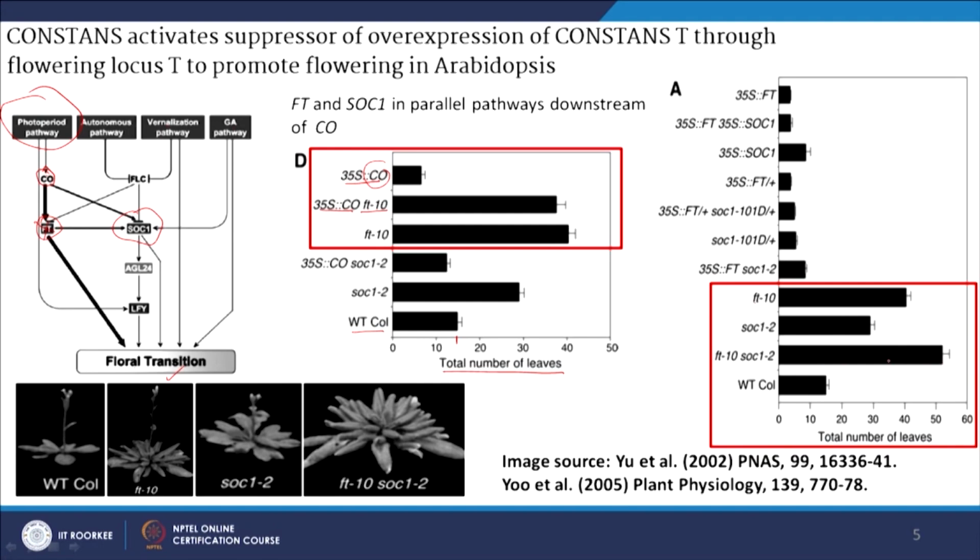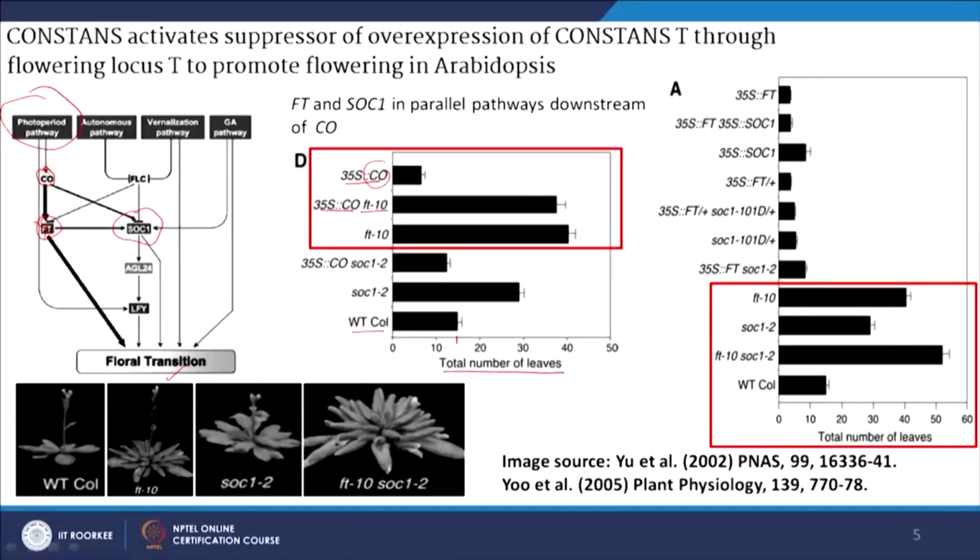This kind of phenotype is called an additive phenotype. So, both the mutants are showing an additive phenotype. This tells that they are working in 2 independent pathways. FT is working through this pathway, SOC1 is working through this pathway. If you only mutate FT, there is an effect. If you only mutate SOC1, there is an effect, but if you mutate both parallel pathways, the effect is